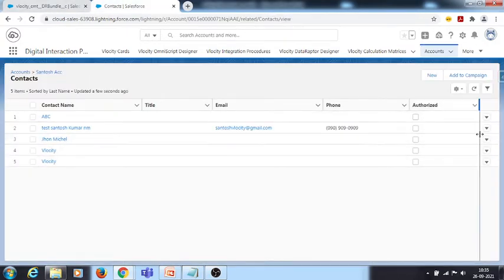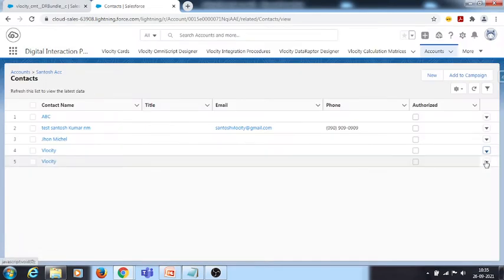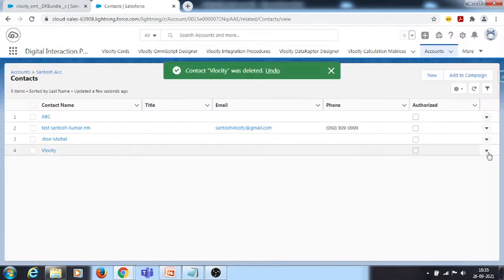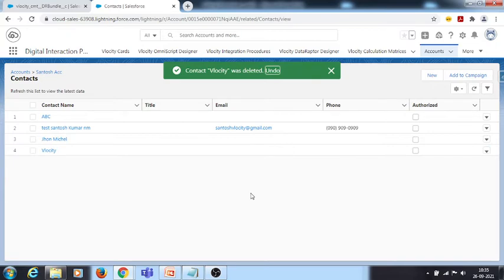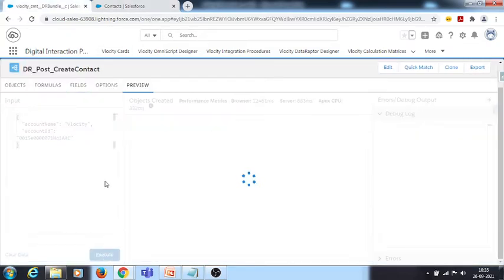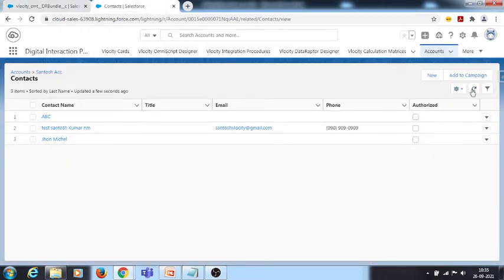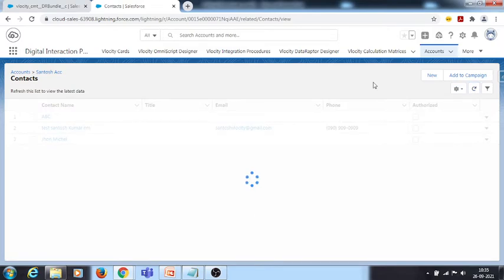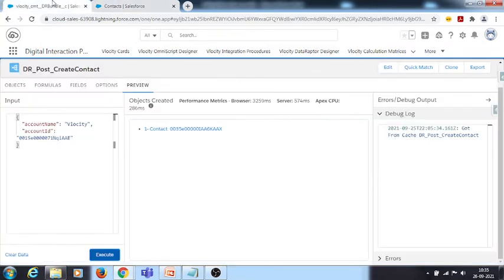Let me delete these so that it will be unique for us. Now I'll try to execute once again, so we'll get the new contact. We got the ID. If I refresh under this particular account, we got Velocity as a new contact here.